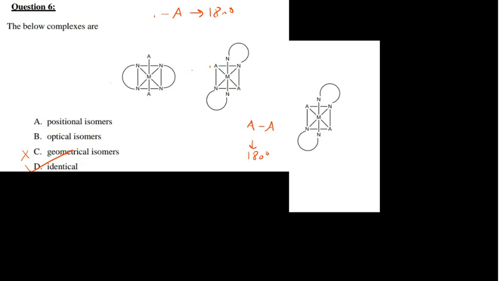both these compounds have a plane of symmetry. One plane of symmetry goes just like that, and another plane of symmetry goes just like that, so optically inactive. Similarly, if you put a plane here, this is another plane of symmetry, and if you put a plane from here, it is another plane of symmetry. So when planes of symmetry are there in both the molecules, it simply means there is no question of optical isomerism.